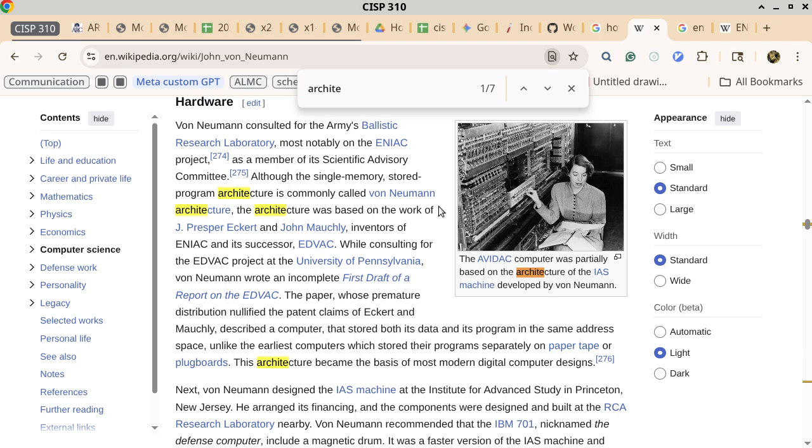Okay, all the input data, all the output data, they all have to go into memory somewhere. So John von Neumann's contribution is basically to say, let's not just use memory to store the data that we're processing. We'll also use it to store the very instructions that tell the computer